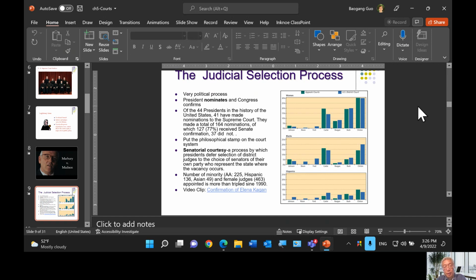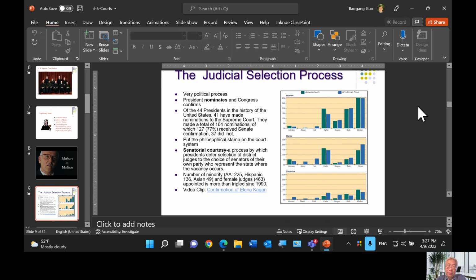So this is a courtesy granted by the president through delegation of nomination power to the senators whose district has openings. But right now, President Biden is a Democrat.